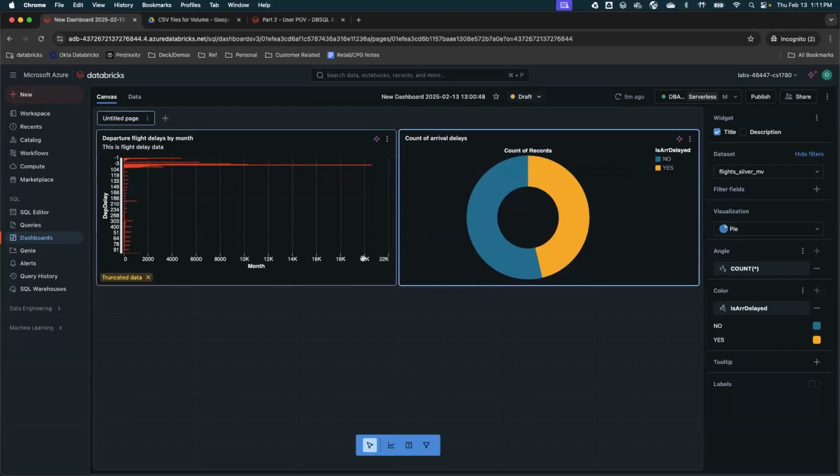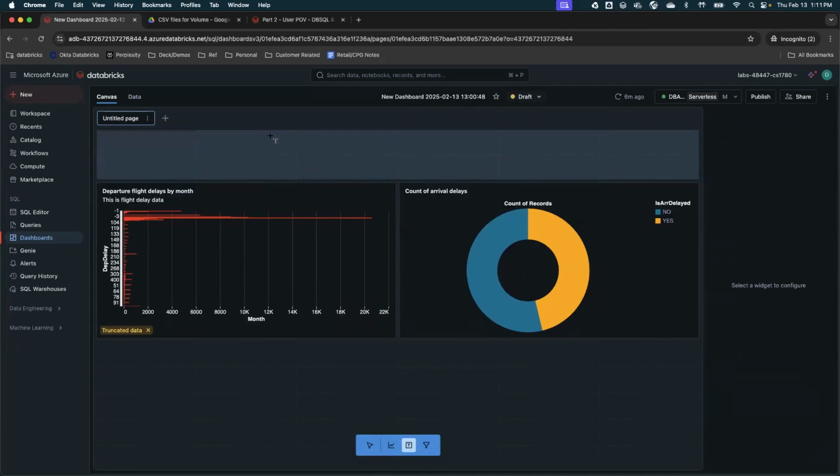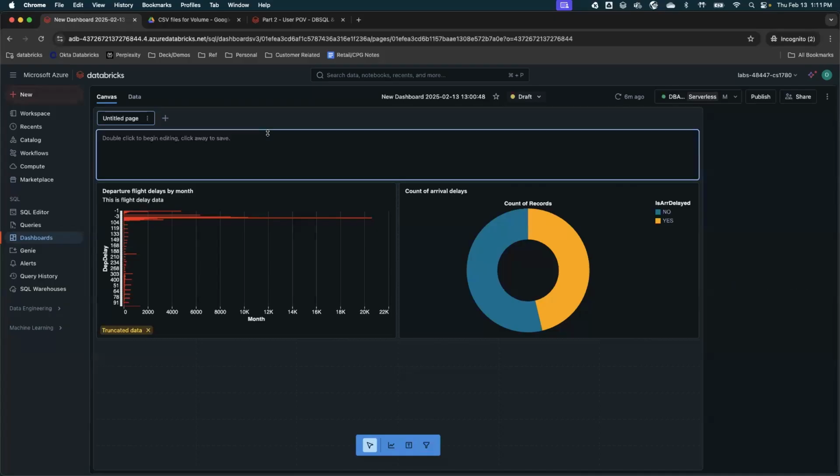Now, when you build those charts, another important thing we do in the dashboard is we build filters. Before doing that, you can also add text. So if I want to add some text here, I can add text and mention what I want to write.